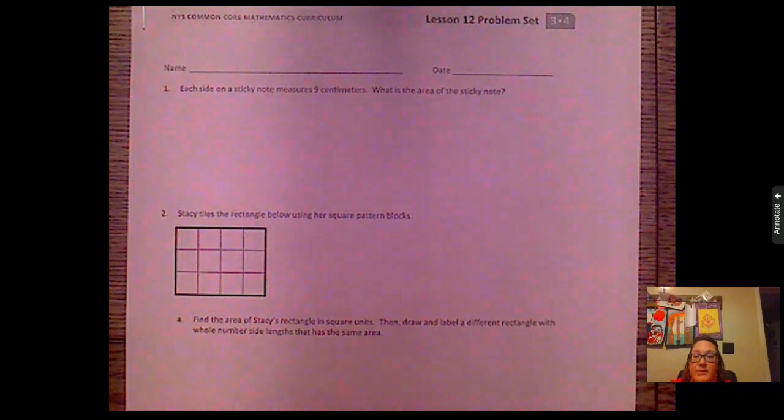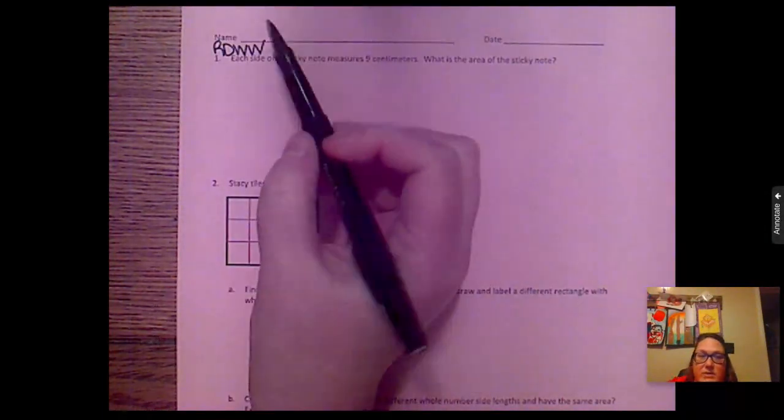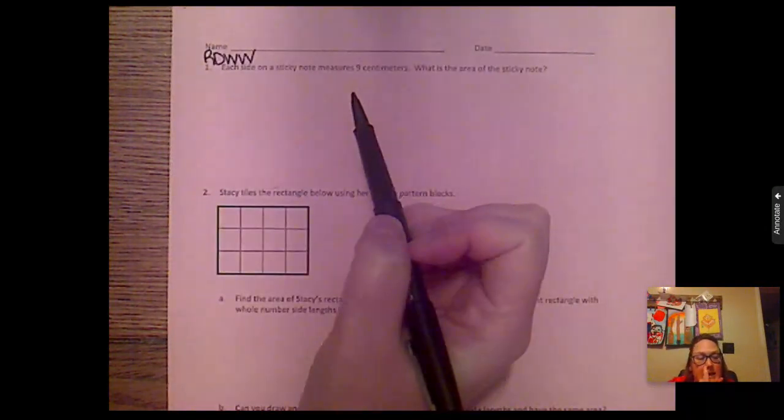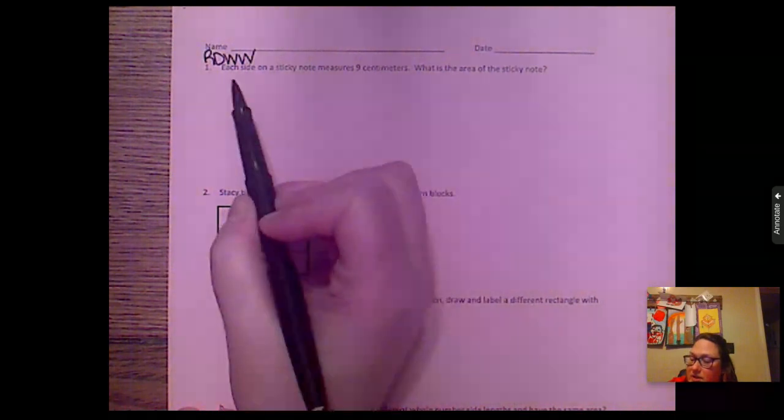Okay, so again, we have word problems. So we are doing RDWW. And just to review what those stand for, again, we have read, draw, write. Okay, and if I look here and it says